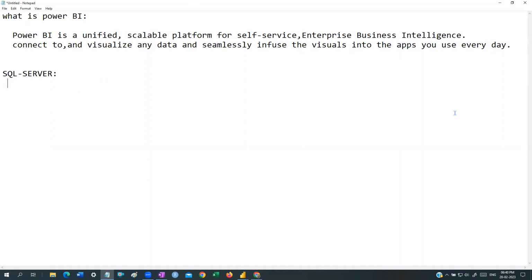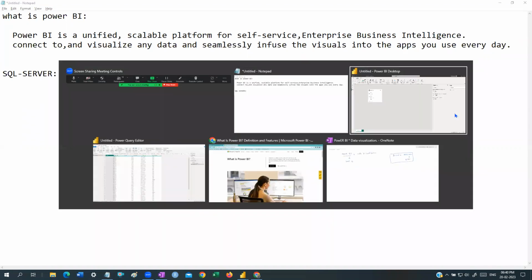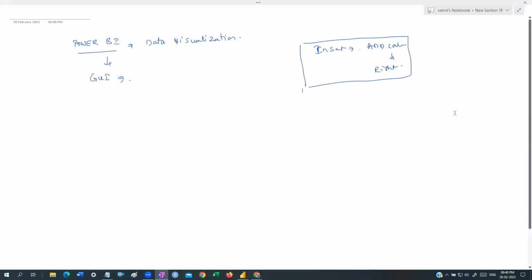Okay. Now, just let me introduce something about SQL Server, guys. Just a small point of discussion we want to discuss. So these are all what we call a DBMS, guys. DBMS stands for database management system. So DBMS is nothing but a subject, or we can say a concept which deals with management of data.